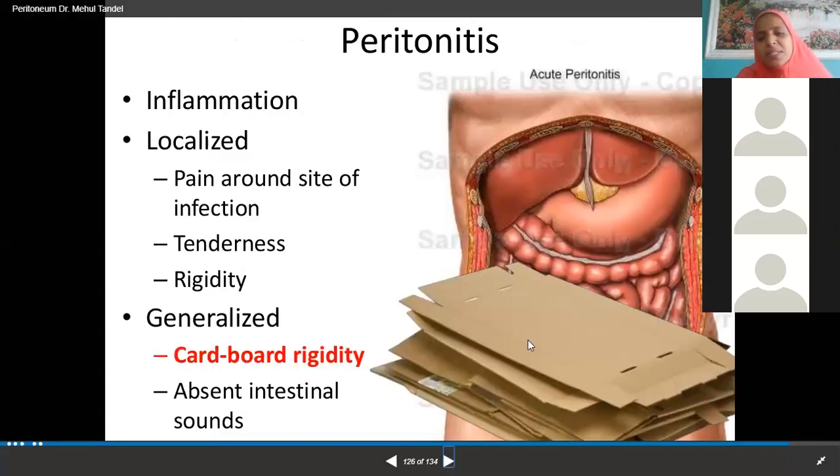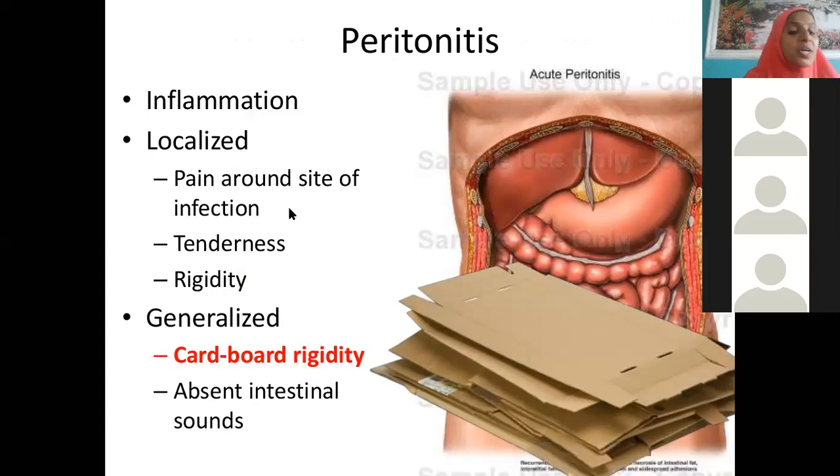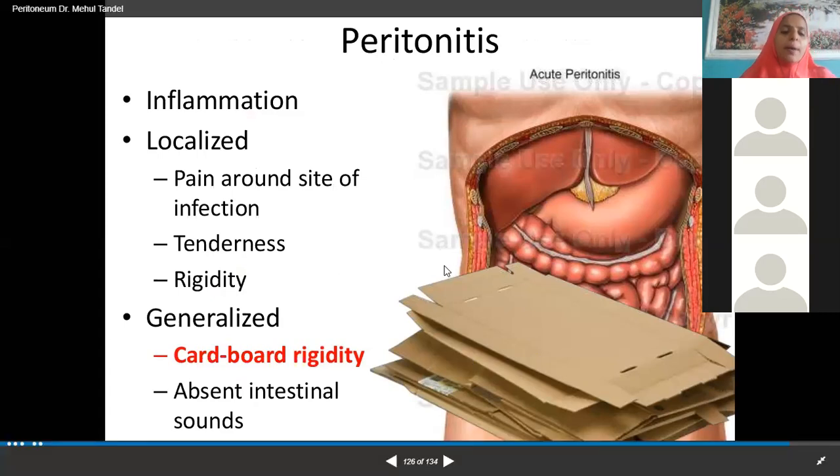Now, sometimes if there is any infection in the peritoneum, that always, with an itis, means what? Infection leading to inflammation, so there will be pain around the site of infection. It may be due to tuberculosis, or tuberculosis in the lung also spreading to the GIT and the reproductive organs. So dangerous it is. In such cases, you will see rebound tenderness. I'll show in my next slide.